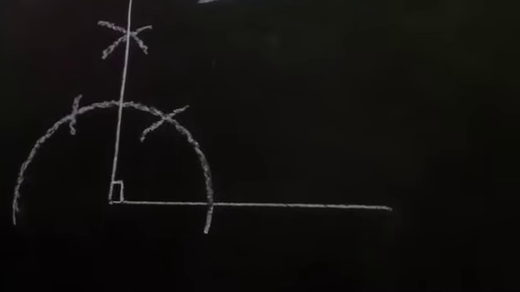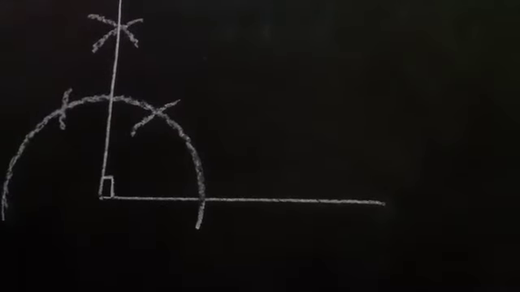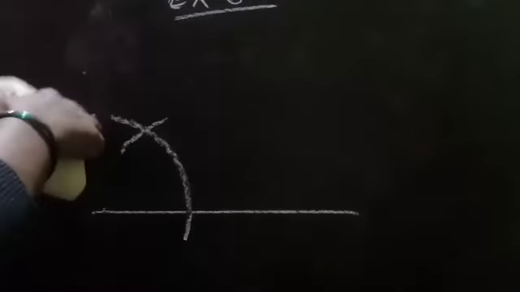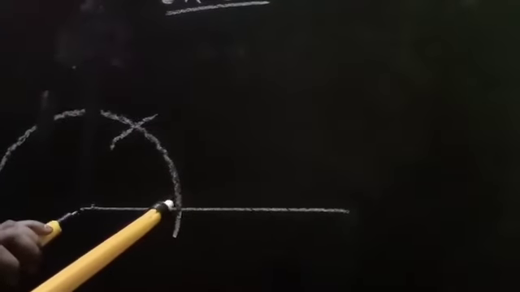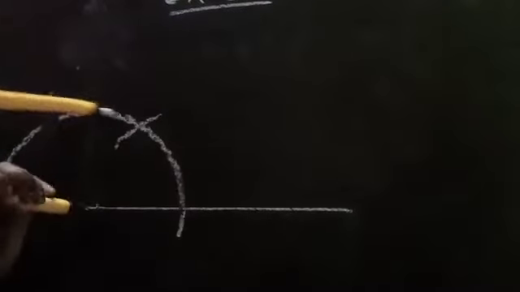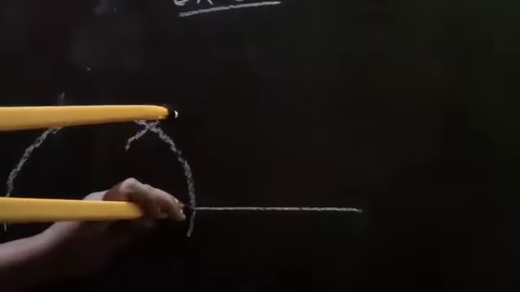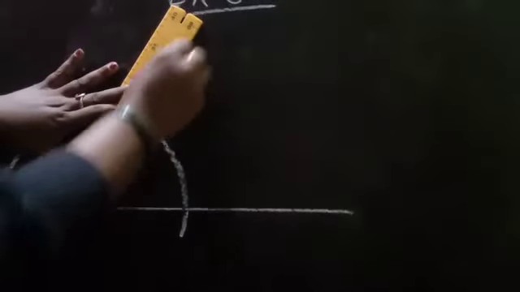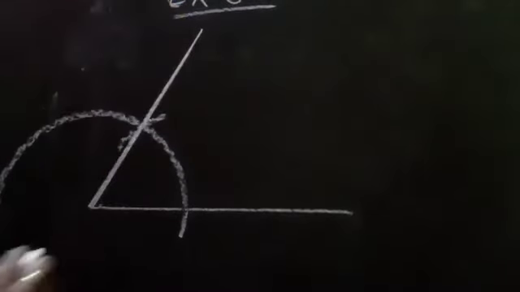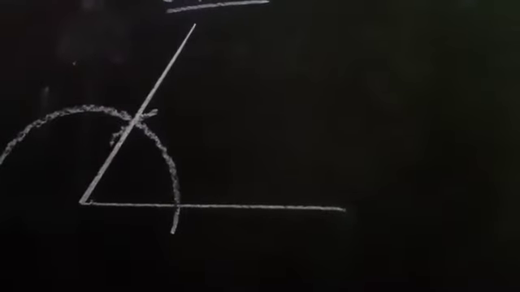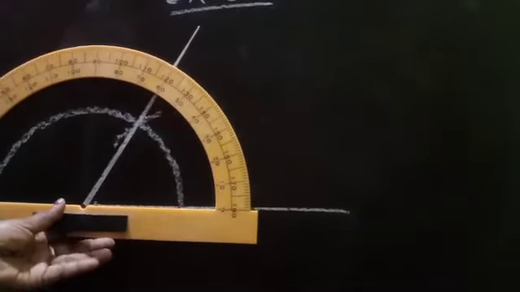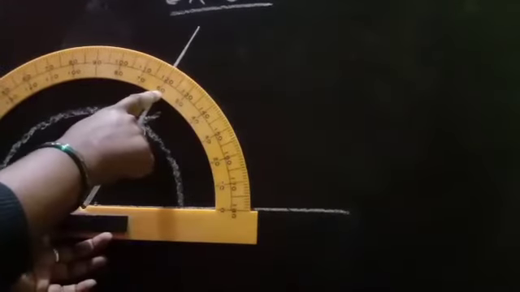Now we are going to draw 60 degree and bisect it, because first we need 30 degree. So when we have the semicircle, from the semicircle to first arc we will get 60 degree. Then first arc and this starting point we are going to join. So this measurement is 60 degree. Verify through the protractor. From 0 to 60 degree we got it.